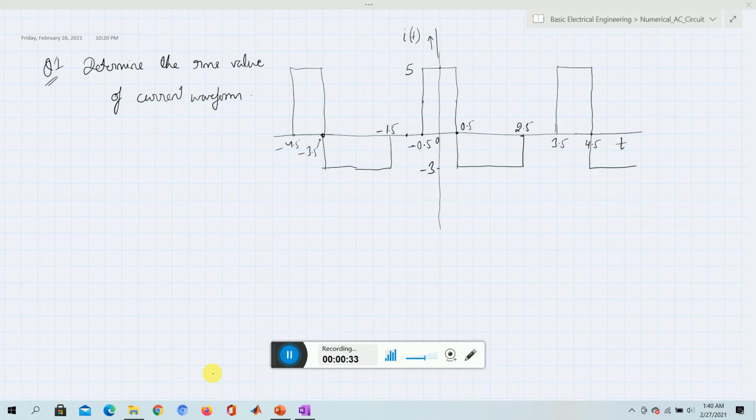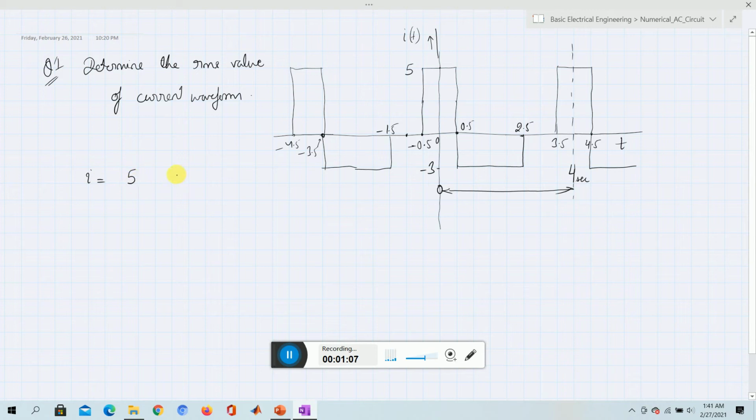So if we take this particular point, we can say that this is 4 seconds, and it is periodic from 0 to 4 seconds. After that, this pattern repeats. So you can see the same pattern repeats from minus 4 to 0, and from 0 to 4. So what we can write here is the equation for the current, that is we can write I is equal to